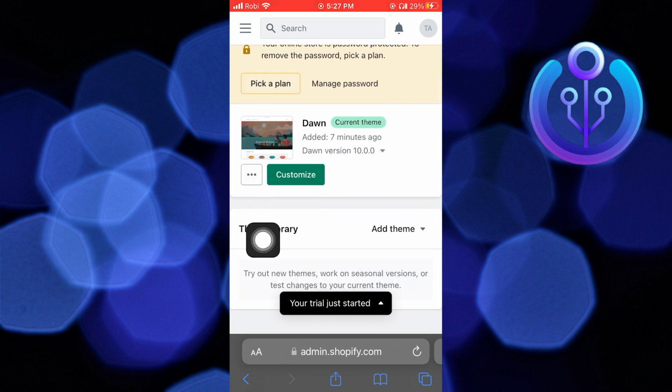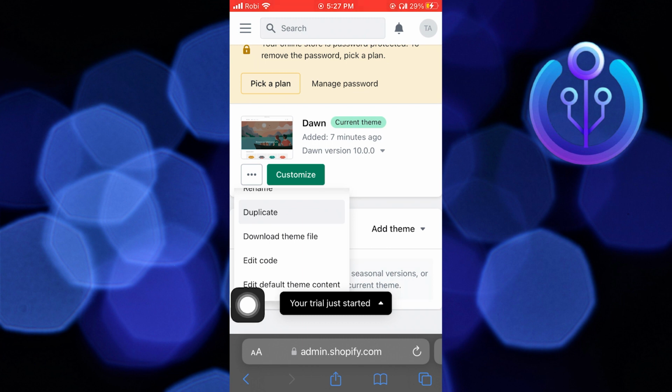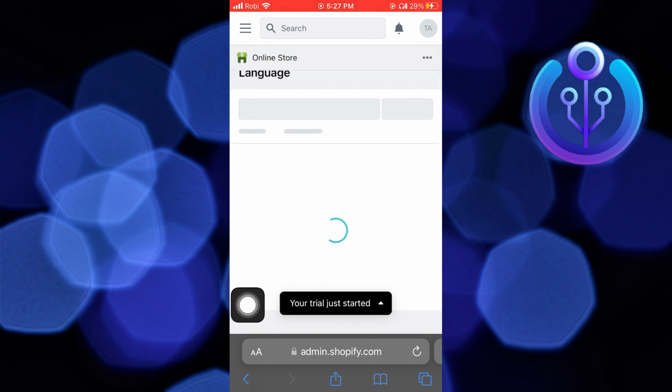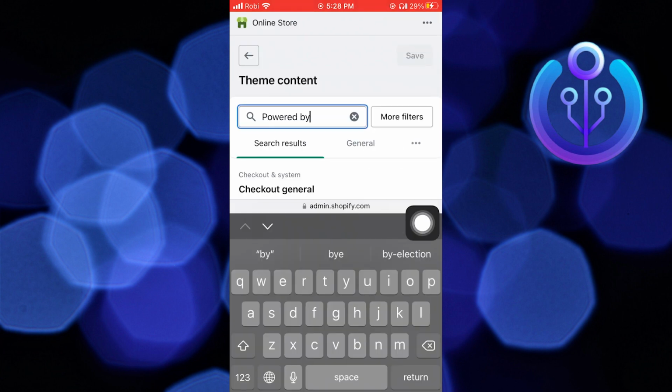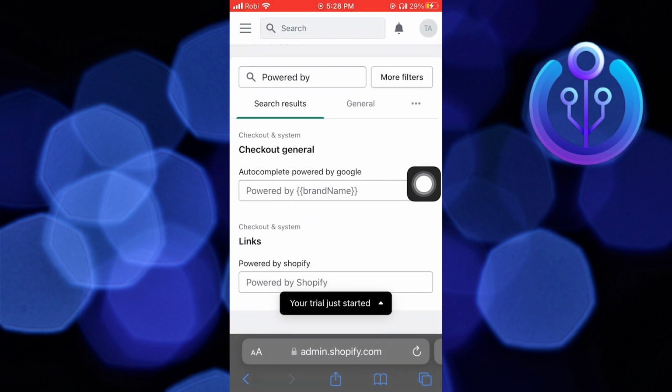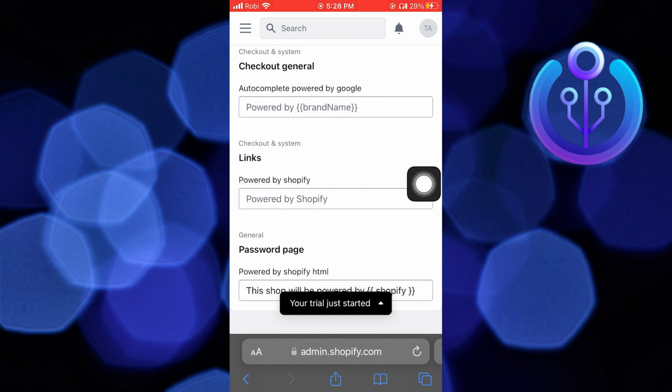From the current theme, click on three dots. Choose the Edit Default Theme Content option. In Theme Content, search Powered by in Filter Item. Then remove that line